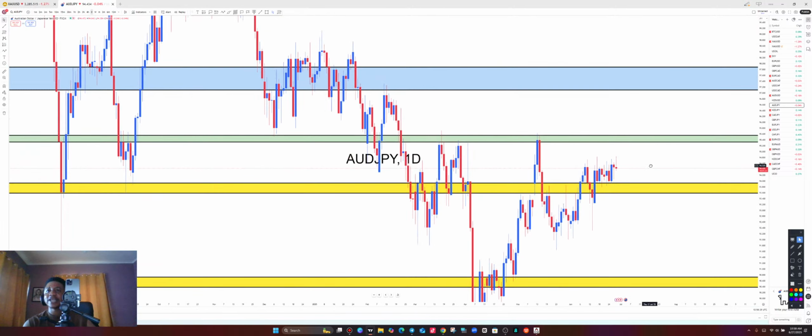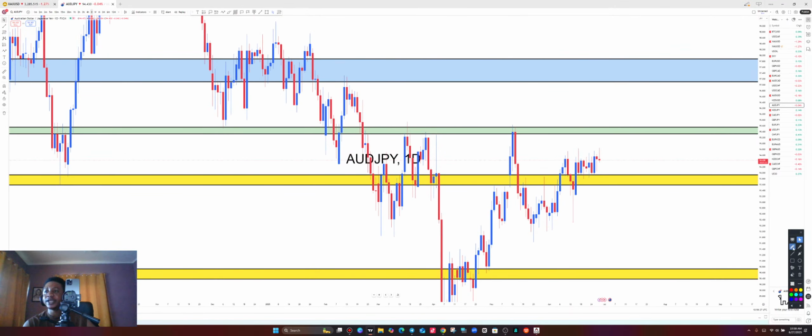All right, so this is the daily time frame of AUD JPY. On the daily time frame, we have the daily mid-range zone over here. Price is still trading above the weekly resistance, and that is where we are going to find our entry to the upside. But if you look at the daily time frame, price is struggling to move from here to the upside. So let's find out what this actually means on the 4-hour time frame and how we can pick our entry to the upside as well.